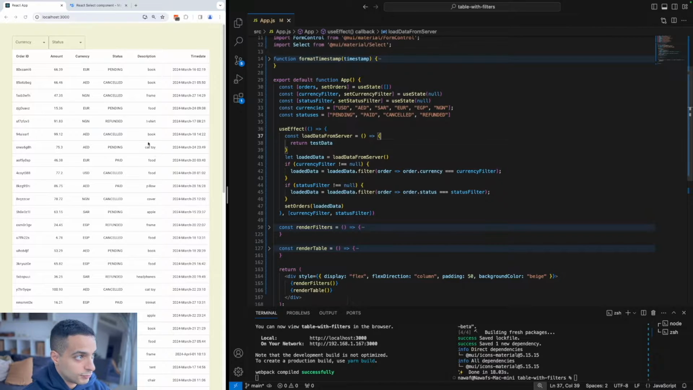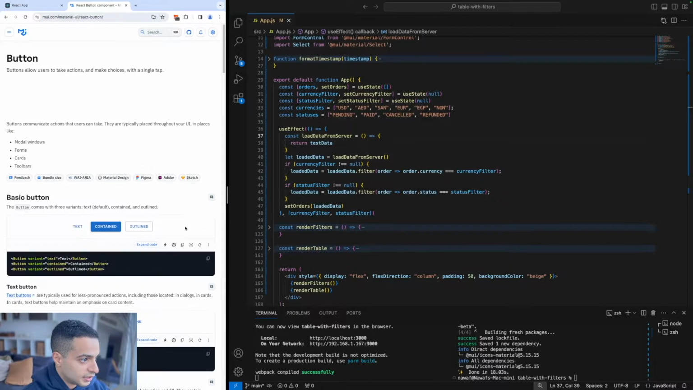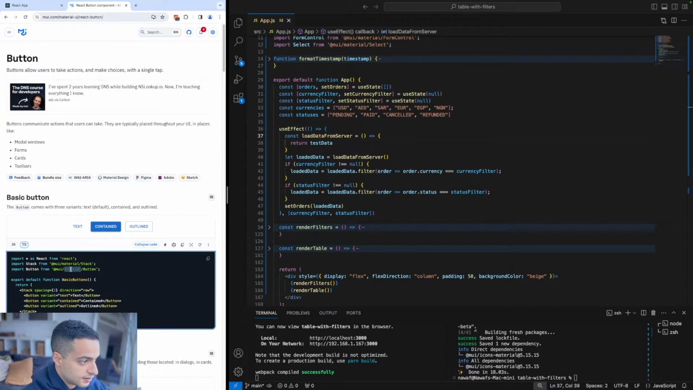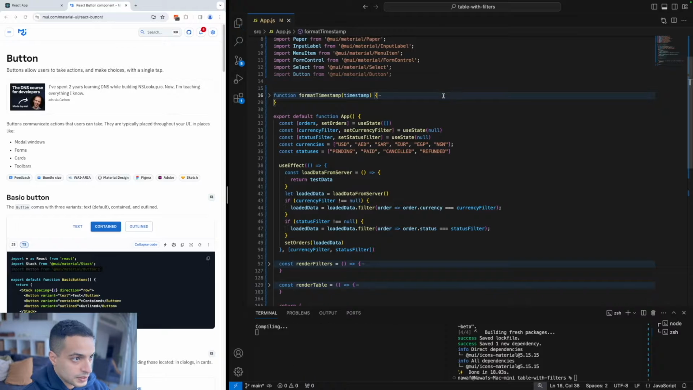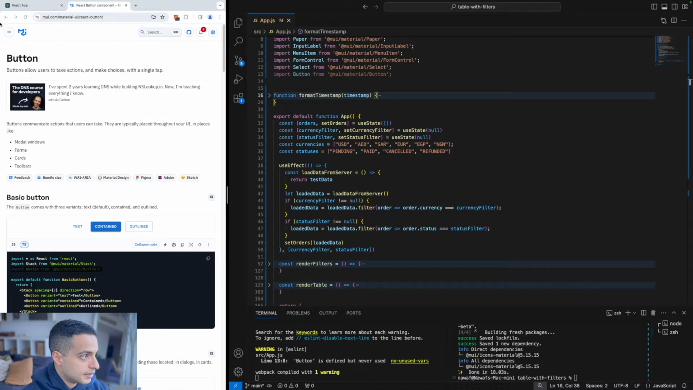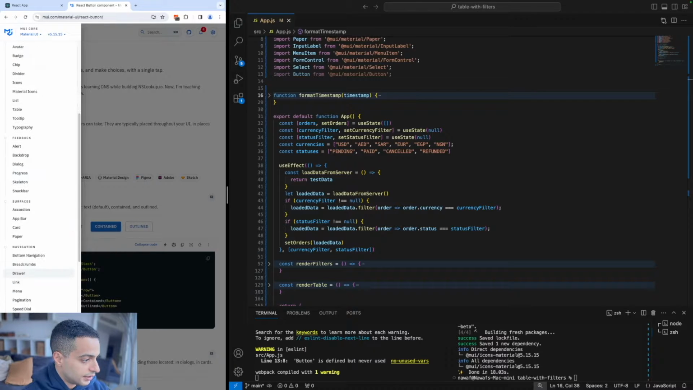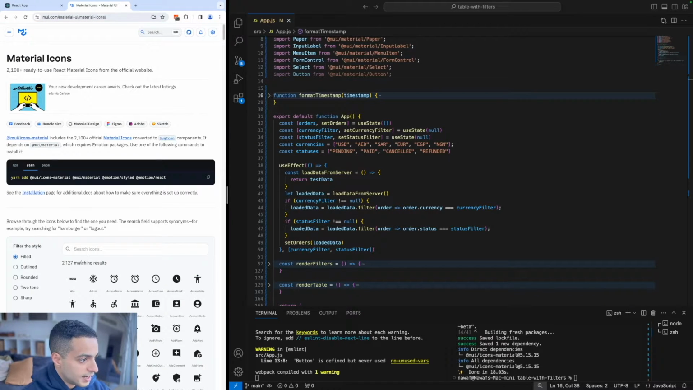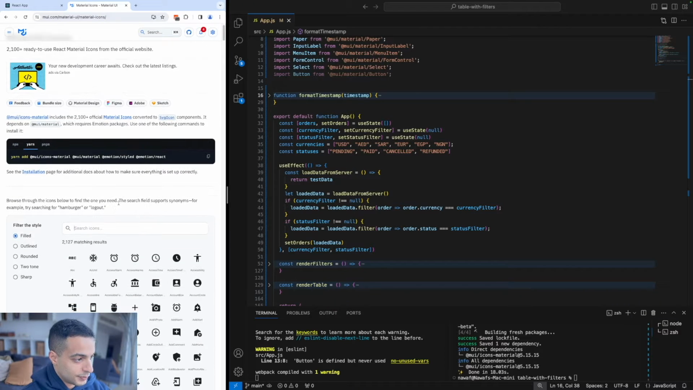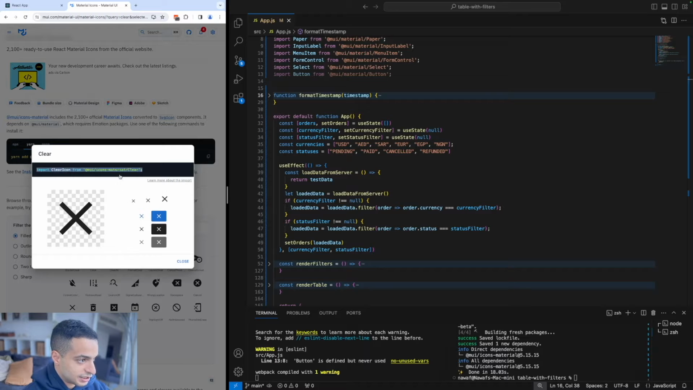So for that, we go back to Material UI components. Here there's a component called button. We just use that. It's very simple to implement. Save. And then there's another component called material icons. Where is it? Material icons, there you go. And here we're going to search for just an icon component that we could use as the filter button. So here I'm just going to use clear